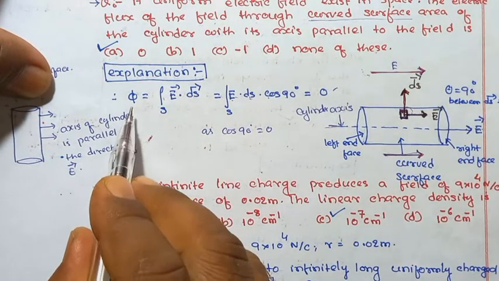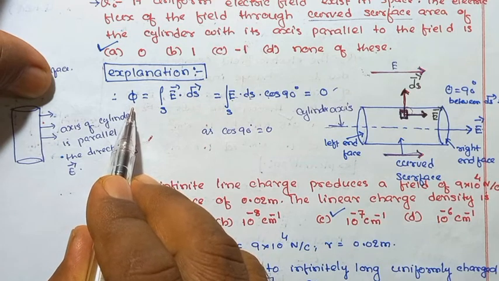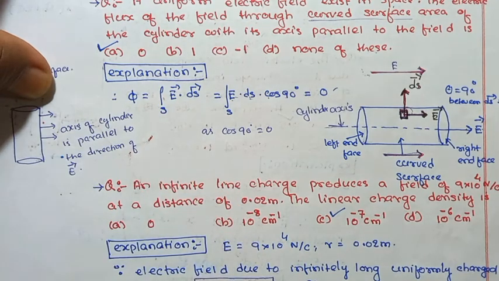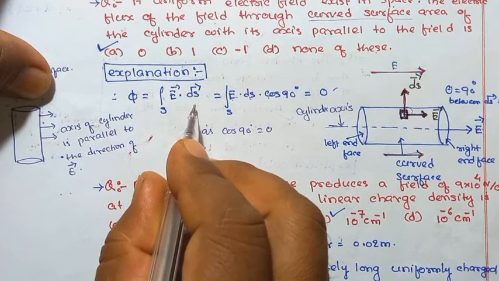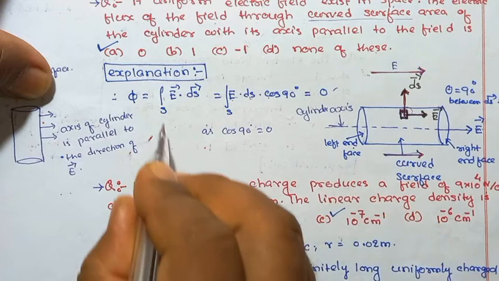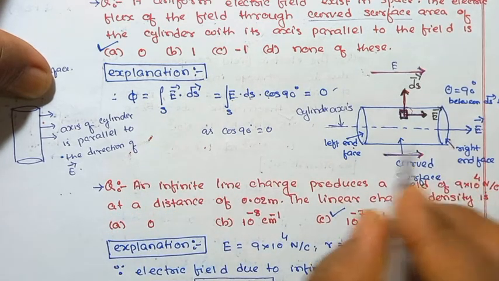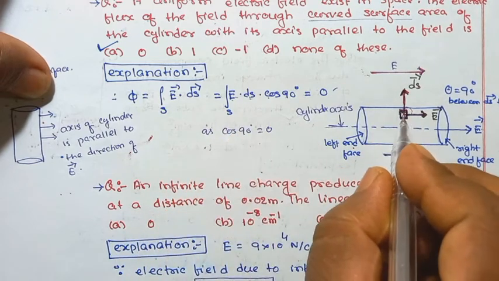ठीक है, so phi, that is total electric flux coming out from the surface, is equal to, now अभी हम लोग क्लोज सरफेस को ओपन कर देंगे. सो सरफेस इंटीग्रेशन ऑफ E वेक्टर डॉट ds वेक्टर फॉर लेफ्ट हैंड फेस प्लस सरफेस इंटीग्रेशन E वेक्टर डॉट ds वेक्टर फॉर राइट हैंड फेस प्लस सरफेस इंटीग्रेशन ऑफ E वेक्टर डॉट ds वेक्टर फॉर कर्व सरफेस. So we will calculate only for curved surface as per question given.